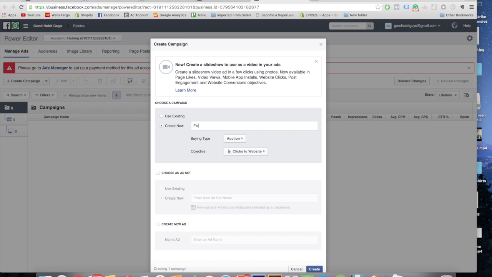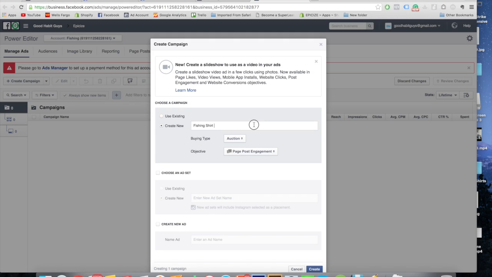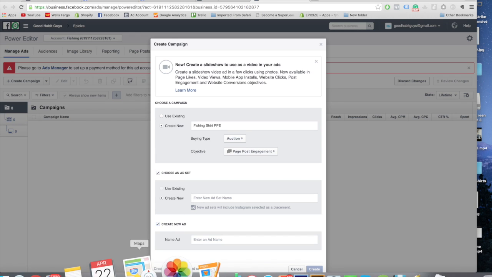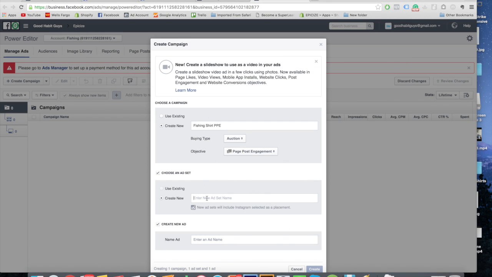So we're gonna go with fishing shirt. Now at the beginning, I really always start with a page post engagement. Okay, so I write down PPE, and then I do 5 ad sets on a $5 budget each. I do a website ad set, a magazine ad set, a store ad set, a person's ad set, a buyer's ad set. Okay, so let's start with